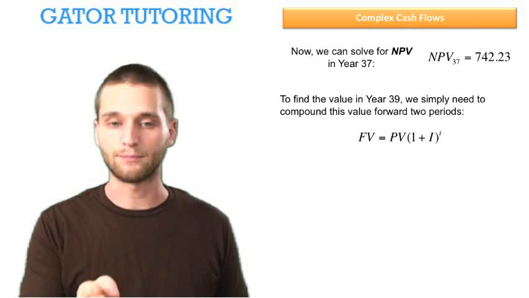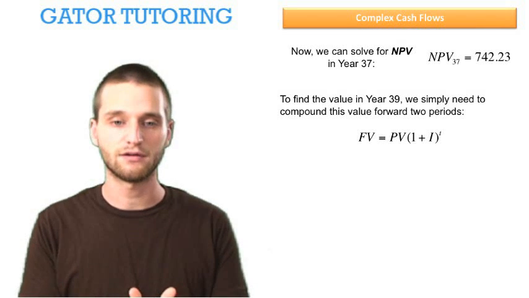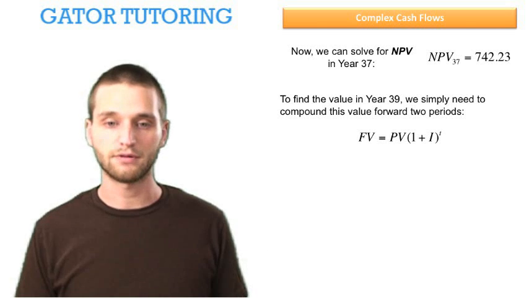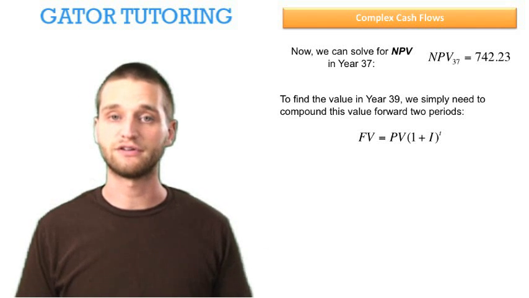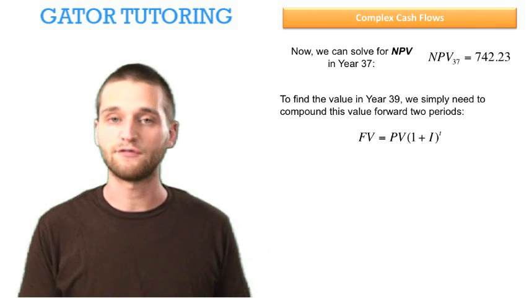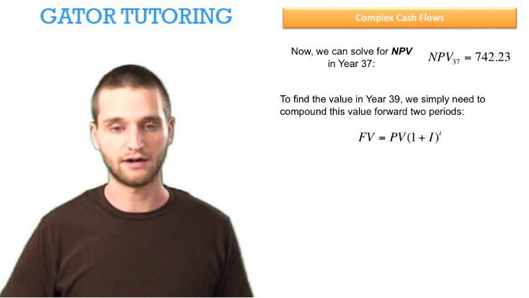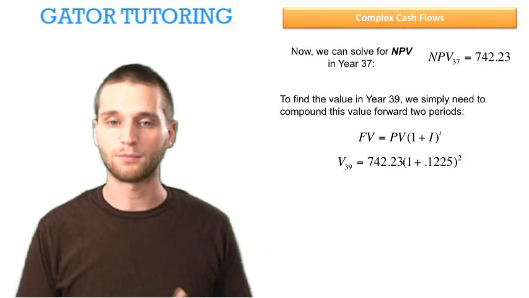So we just go back to our basic time value of money formula. Future value equals present value times 1 plus the interest rate raised to t, where t is the number of periods we're compounding this value forward. We could use our time value of money functions in our financial calculator, or we could just do this manually. The present value is